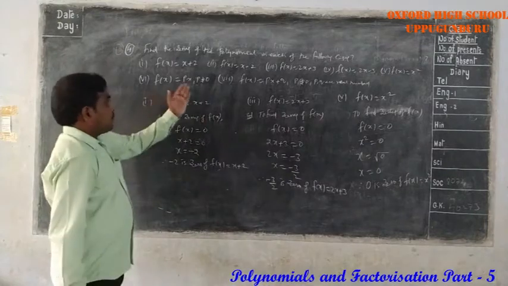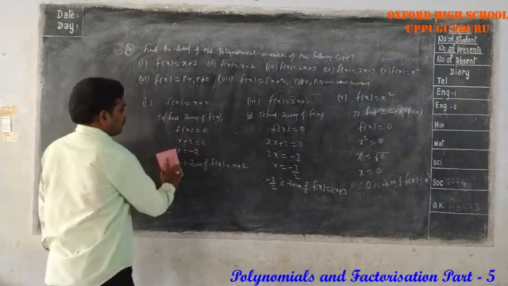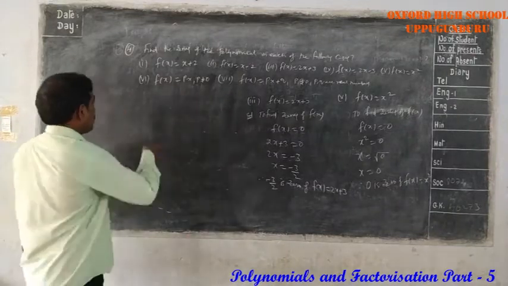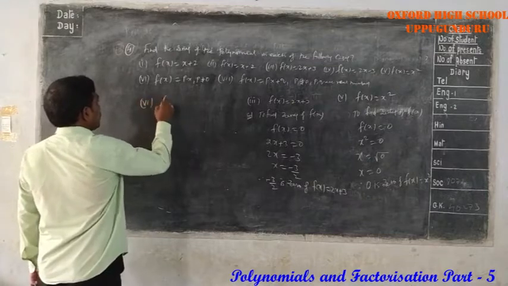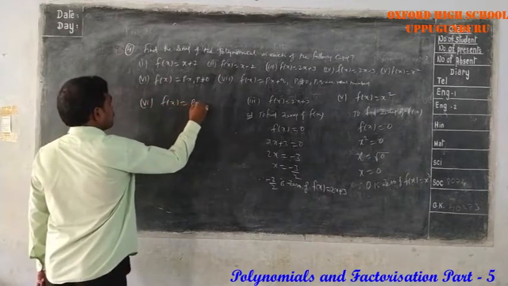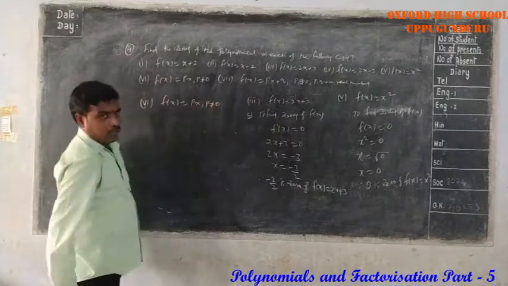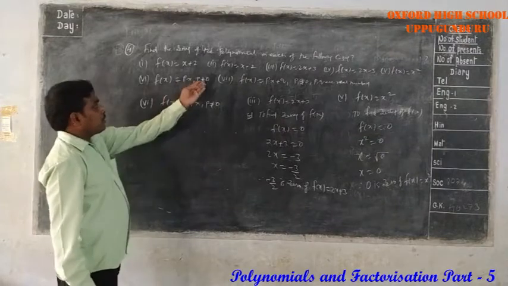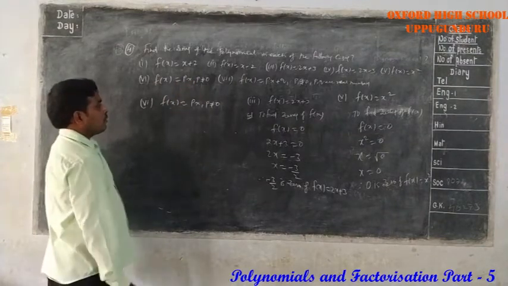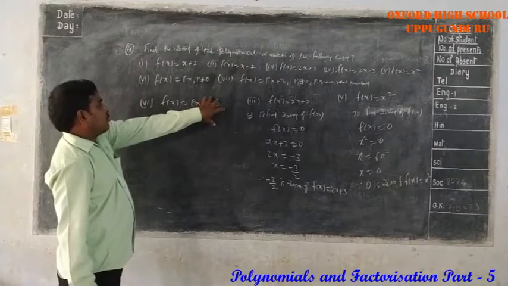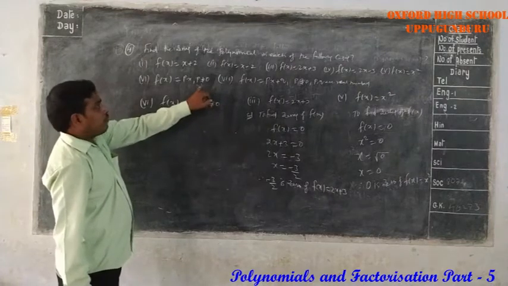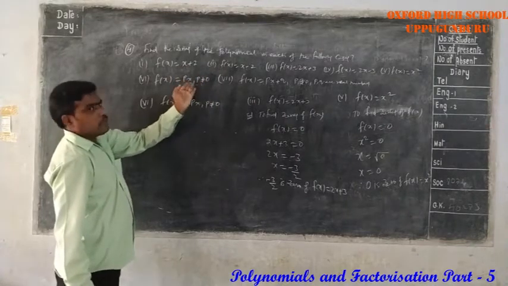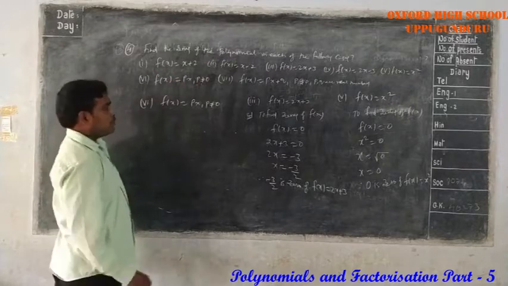Among the 6th and 7th, I will tell you one problem. Remaining problems you have to do. So, sixth one, f of x equal to px, p not equal to 0. Why they have this condition: if p equal to 0, this becomes the zero polynomial. That's why they give the condition p not equal to 0. So no need to confuse why they give this.